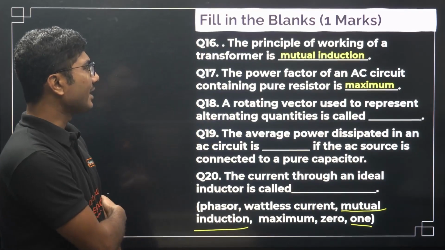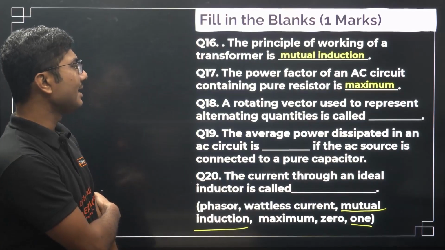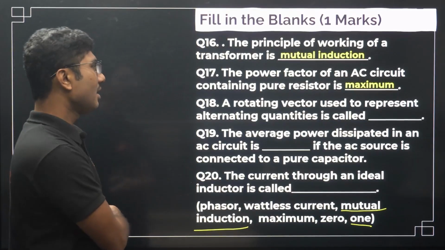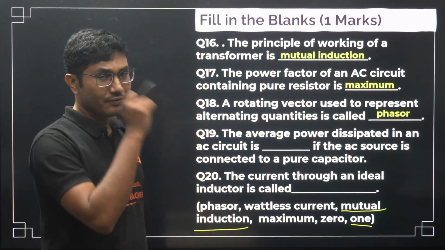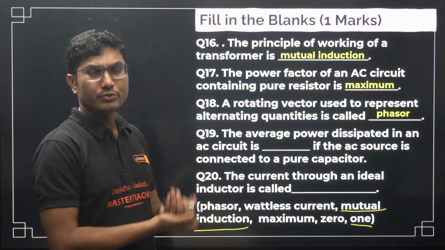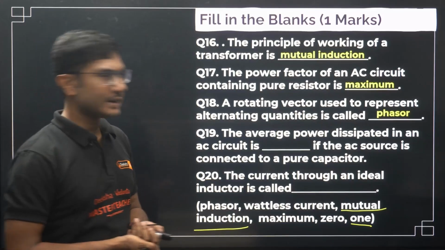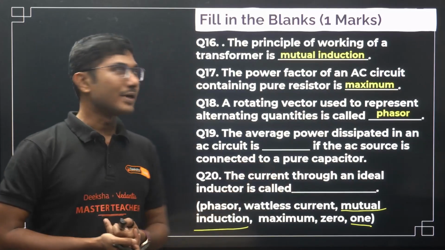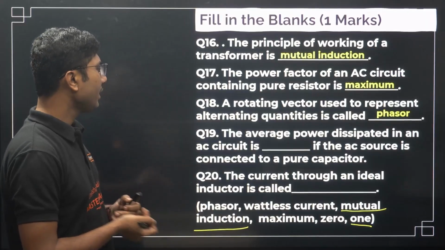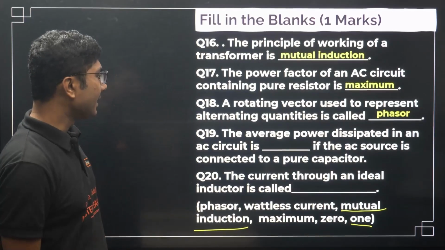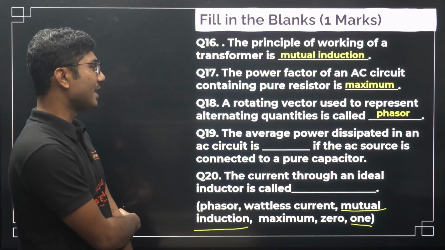A rotating vector used to represent alternating quantities is called a phasor. Now if you have any doubt in such cases, you check all the options. If one is more appropriate or more suitable in some answer, then you have to mark that one, otherwise maximum can also be the option. Okay, the average power dissipated in an AC circuit is dash if the AC source is connected